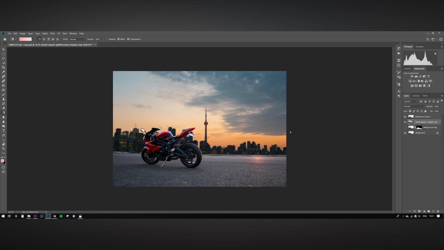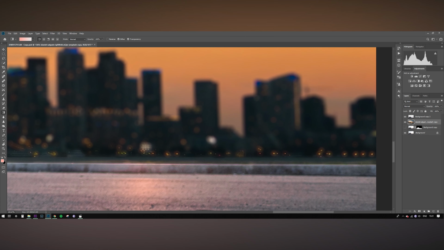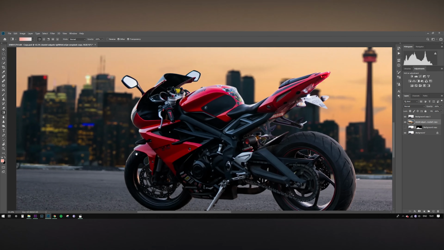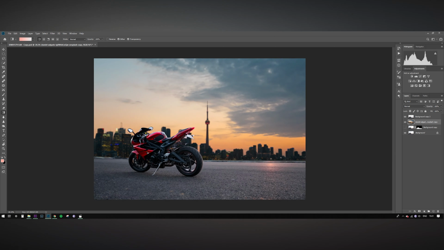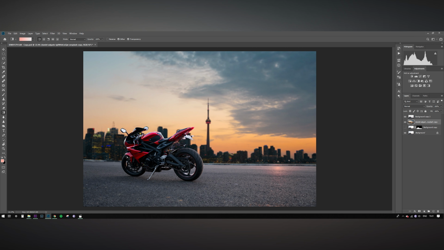Although we have replaced the background successfully, there is an element lacking in the image. It's the horizon, the portion where the foreground and the background are meeting. Over there it looks a little soft and artificial. I think a layer of haze, a layer of mist, if we add it behind the bike, would look much better.